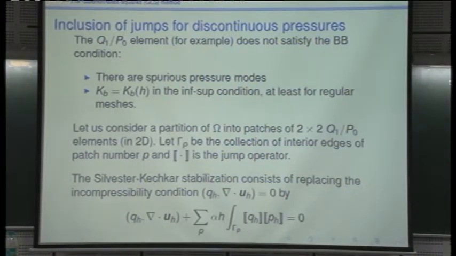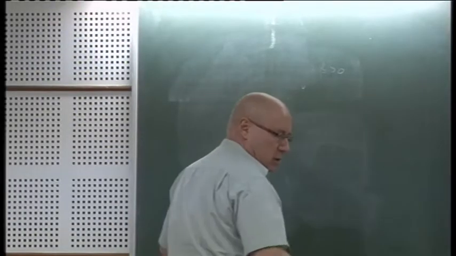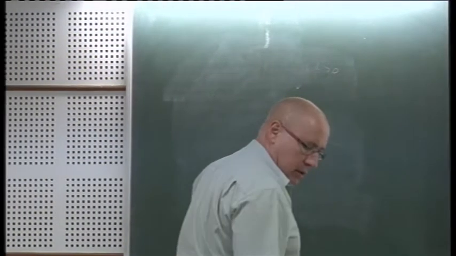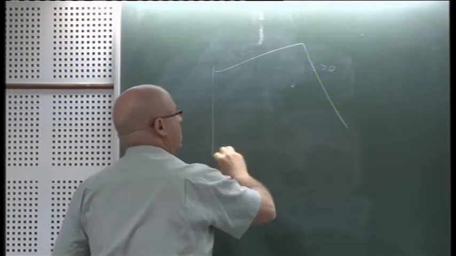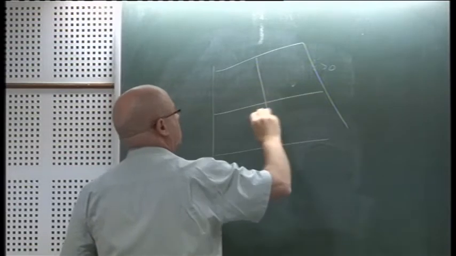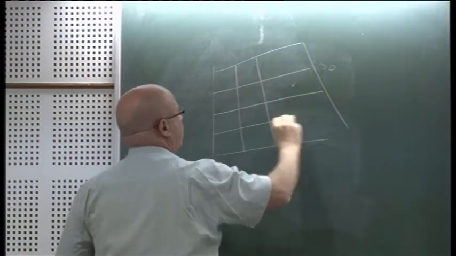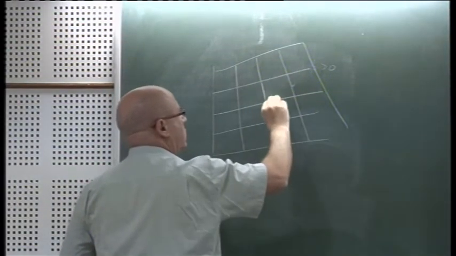Okay. Well, how could we stabilize that? Suppose that we have a partition of omega which is not general but is such that it allows you to construct a partition of the domain into patches of 2 times 2